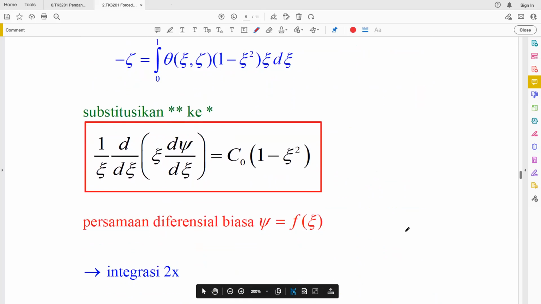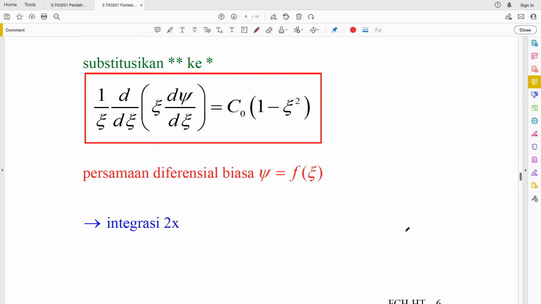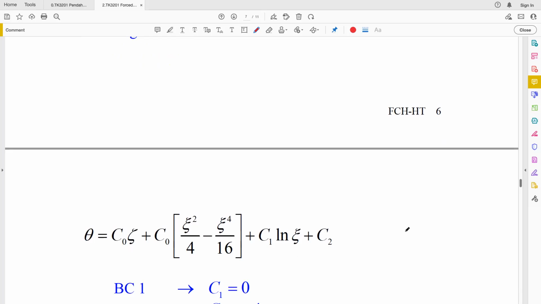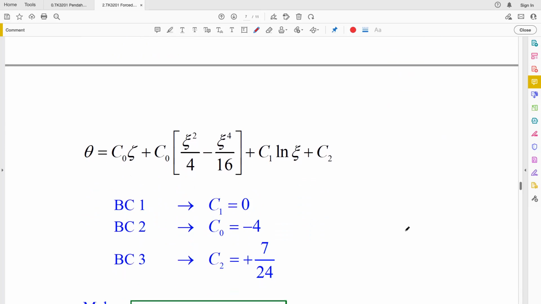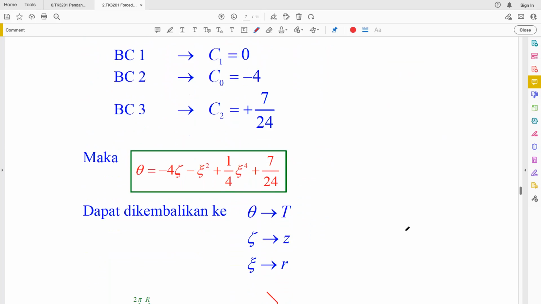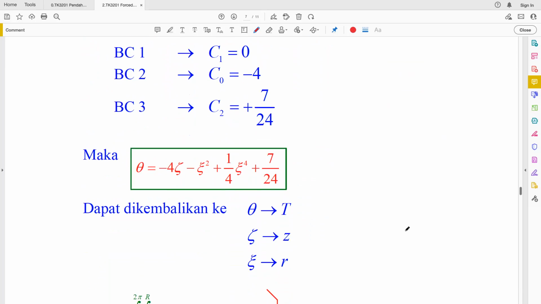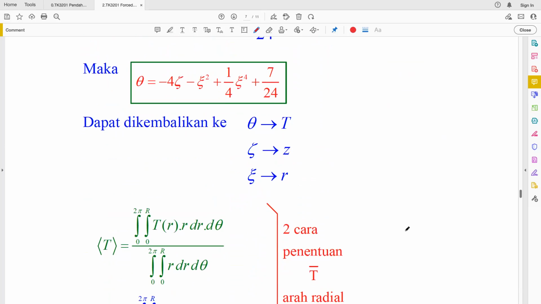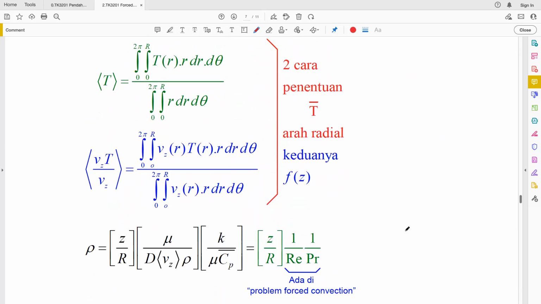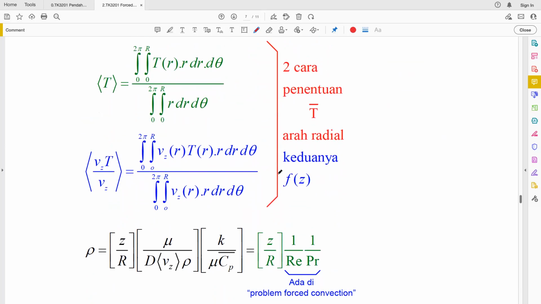Okay, and then we can substitute up to here to do integration. So this is just another special case, and then you will again get the distribution of temperature if you have a higher data, but it would not be included. Okay, that one there, and it would be a function of Reynolds and Prandtl. Later on, just some additional